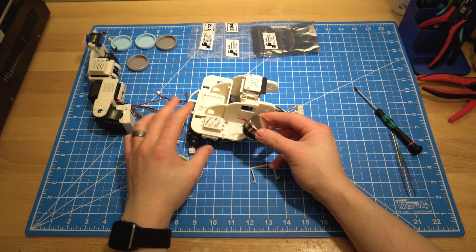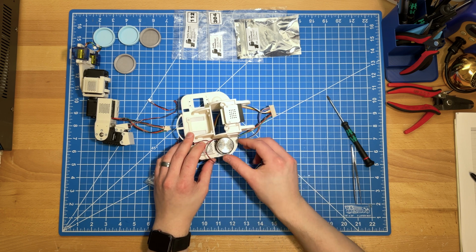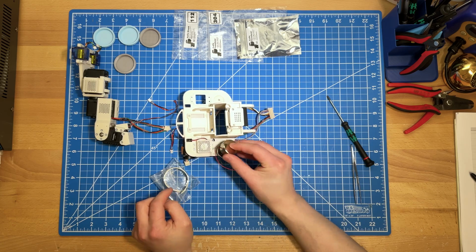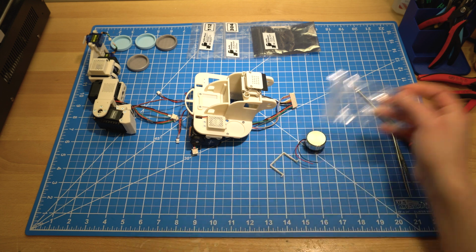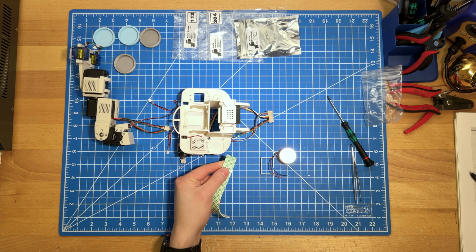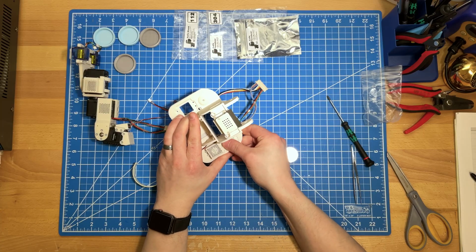Now this transducer will sit right here in this little circle cutout area, and then this bracket will hold it in place. We don't want to put it directly onto the frame of the robot, so we're going to put a little bit of this dampening material underneath it. We don't have to fill the circle fully or perfectly, just most of it. And you can use a variety of materials. This double stick tape is just a pretty easy material to give it a little something to be absorbed by. So I'm just going to trim a little bit of tape, just big enough to fit inside the circle like that. I'm just going to push it down,